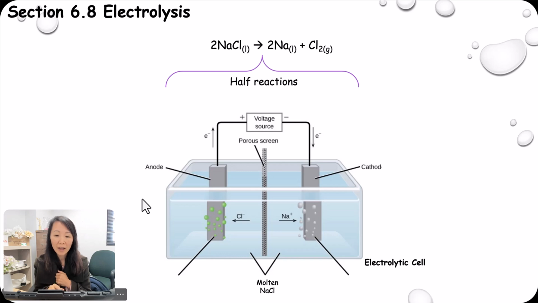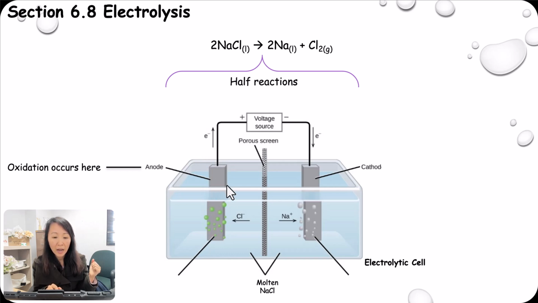All right, now let's look more closely. So we have the zoomed in version, and again, the oxidation reaction is occurring in the anode. Okay, this is where electrons are being pulled out, and you see electrons being pulled out from the anode here, and it's going to go through the voltage source. Now, the voltage source here is like a battery, and that process requires two of the chlorine minus. The two electrons are coming from the two chlorine minus,